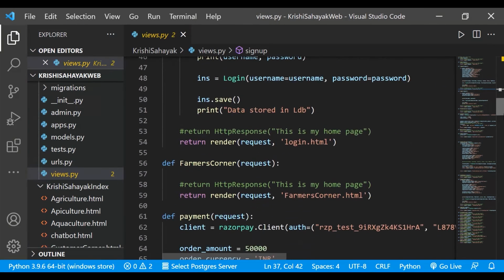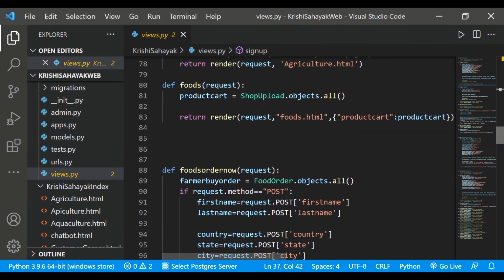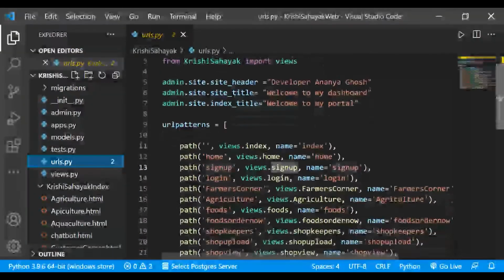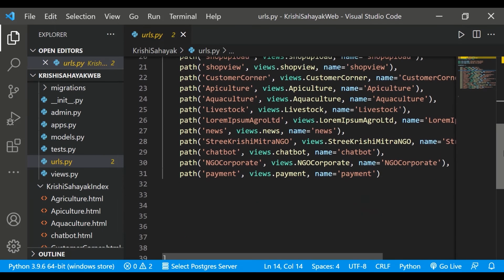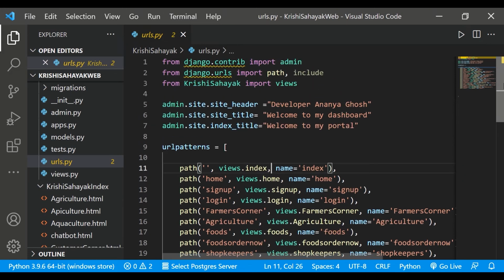So in this way I make functions for each and every HTML page: for index, for home.html, for sign up, for login. For all the pages I have made the functions, and in urls.py I have included the paths: home, sign up, login. For all the HTML pages I have included the paths and called the function using views.function name and then named the page.